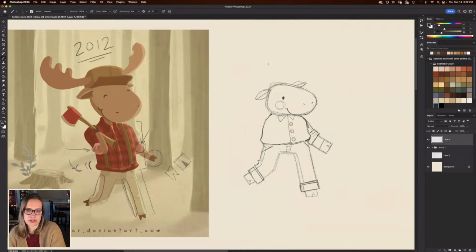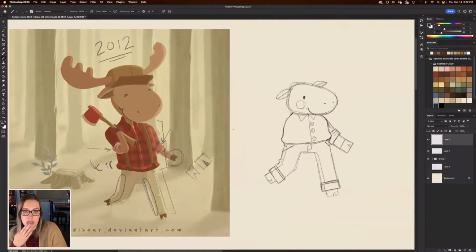And then the antlers. That's an interesting take too, because I don't draw antlered animals very often. So I'm going to do this on a separate layer just so I don't mess everything up. Deer ears, can't say that 10 times fast. Okay, so let's see.